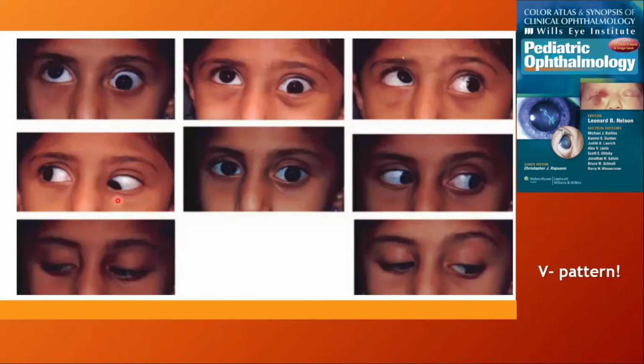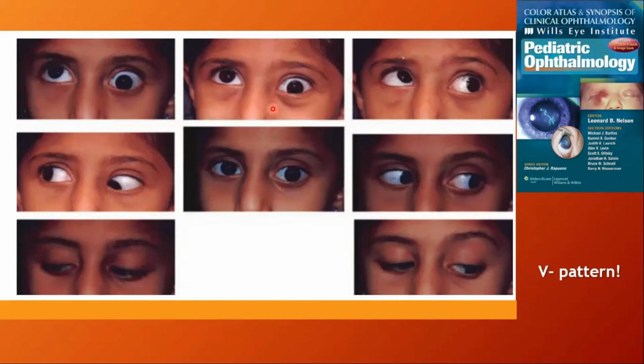On dextroversion, there's actually a downshoot of the left eye. Okay, and ignore the widening, because the girl already has a wide palpebral fissure, but the most striking feature here is downshoot. So you have to think what are the causes of downshoot in your mind. And in levoversion it looks nice, okay, right? Yeah, levoversion is good.